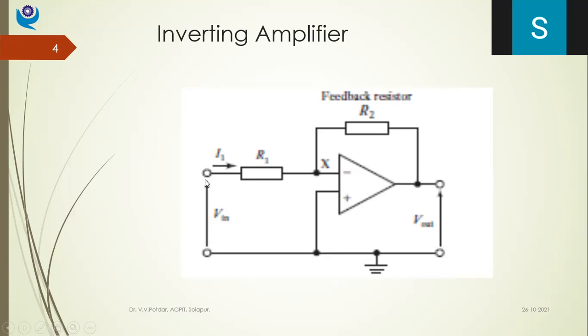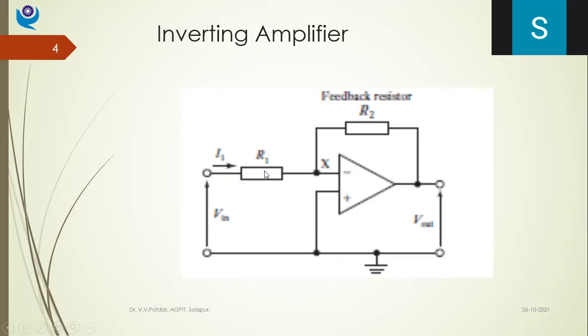So what I need to do, I'll be inserting one resistance R1, and in the feedback path of the amplifier, I'll be inserting one feedback resistor called R2. I can select the appropriate resistances depending on the amount of gain, if at all I want to have. मला फक्त sign change करायचं नाही, so multiplication by 10 पण करायचं. Then I can appropriately select R1 and R2. Okay, so this is the current I1. Once the voltage is applied, input voltage आपण जे दिलं, the current I1 will start flowing through R1, right?